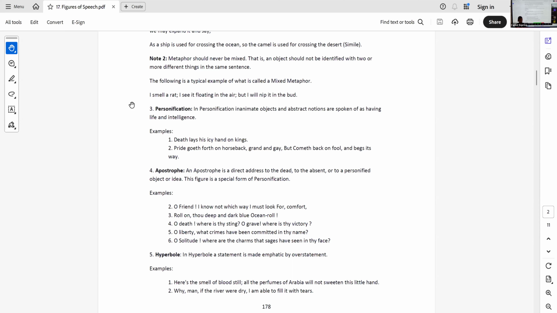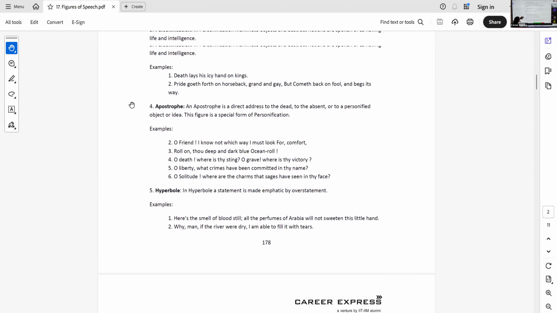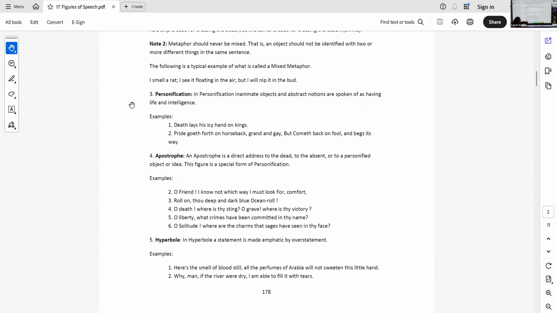Again, personification. But even animals can be personified. My dog loves to chat with me. He's not literally chatting, but you're assuming he's your friend. He's a person. Disney movies, Stuart Little, the movie Cars, all this animation uses a lot of personification. There's another word for personification. I don't know whether it's given over here. Write it down. It's anthropomorphism. Anthropomorphism is a more complete form of personification. It might come in one of the options. I want you to know.